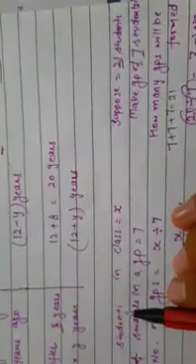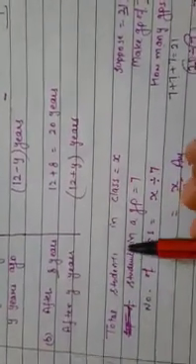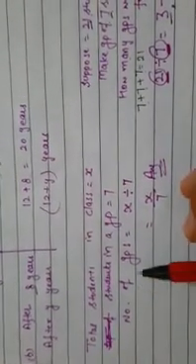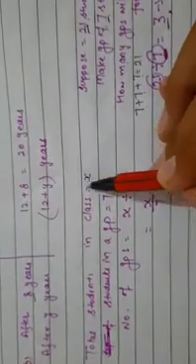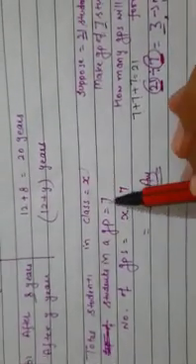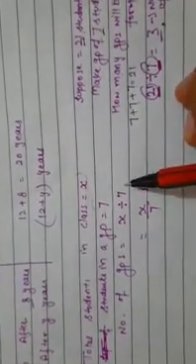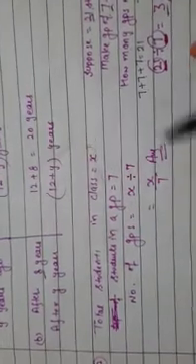So here also we will use the same method. Total students in class is x, and in one group total students are 7. So if we have to find the number of groups with the total students given, we will divide by the students which are in one group. So x divided by 7. So x by 7 is the answer. Clear?